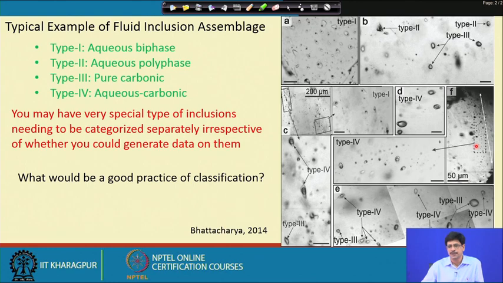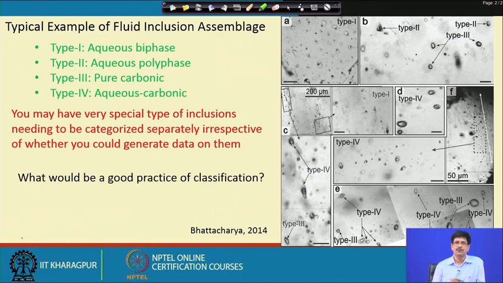When the fluid inclusion samples are collected as oriented sections from the field, it is also possible to classify the inclusions into those occurring in different planes, and the concept of the fluid inclusion plane has become quite popular. The classification is accordingly done, and for example, I have only given the case of some of the very regular type inclusions,